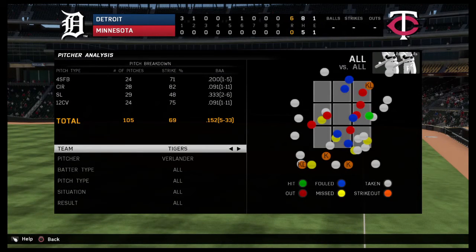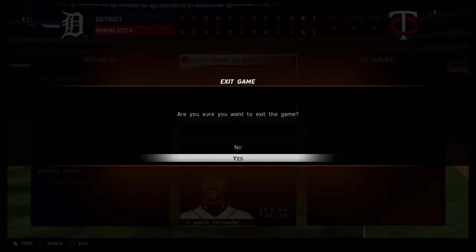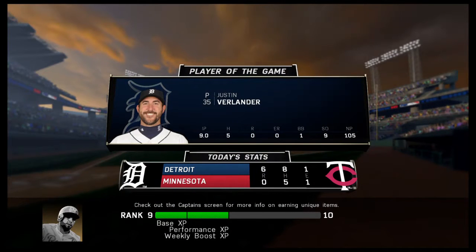Time of the ball game, 2 hours and 46 minutes. Our paid attendance at Target Field this afternoon, 40,000. A reminder that extra light rail trains of the Hiawatha Line